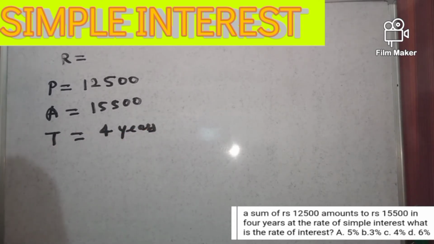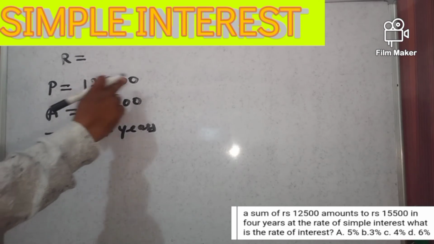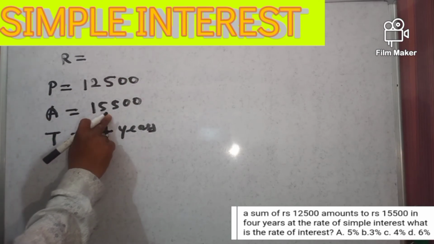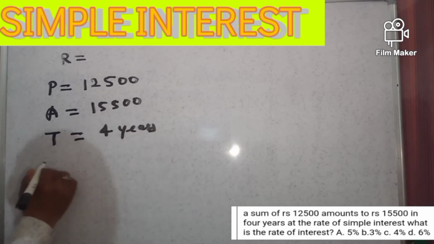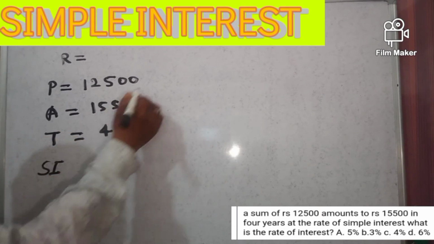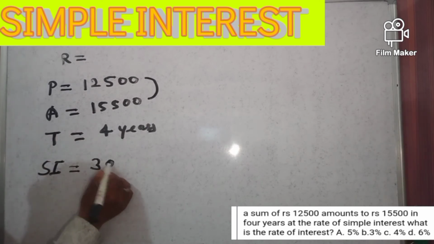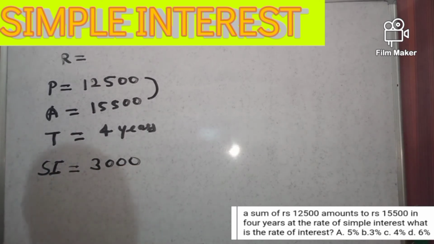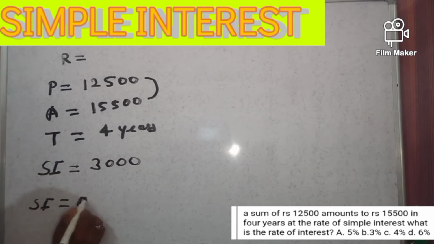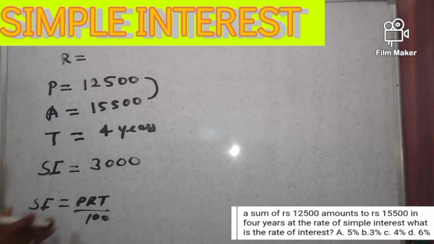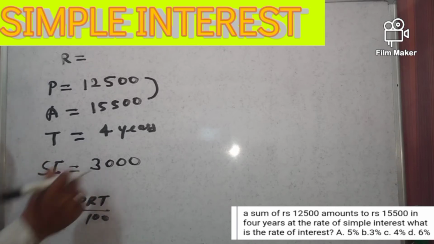Okay, so our target, what is rate of interest? Okay, so principal is given 12,500 and amount is given 15,500. So simple interest will be difference is 3,000. Now simple interest formula is PRT by 100. So substitute your value here. Simple interest is 3,000,